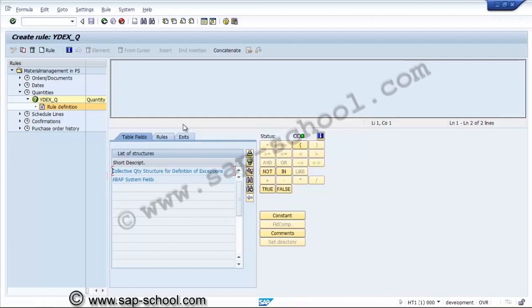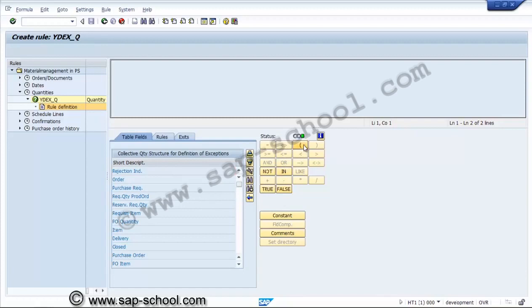Here in the rule definition, what we considered is, in the structure, the field we consider is reservation requirement quantity.